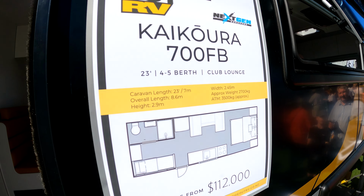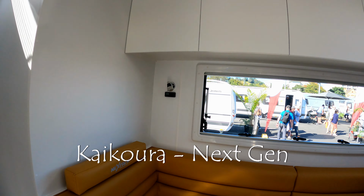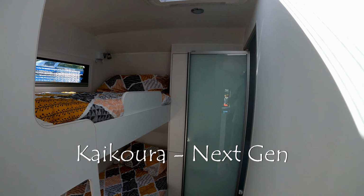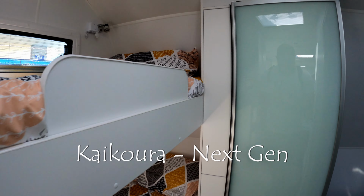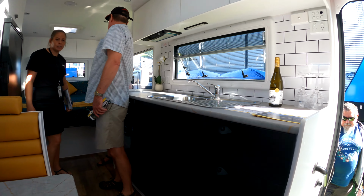Definitely getting lots of caravan envy looking at these caravans. They're just really, really nice. Oh, so it's flipped this side, yeah. How do I fit in the shower? No, this one's actually better. How do I fit on the toilet? I like this